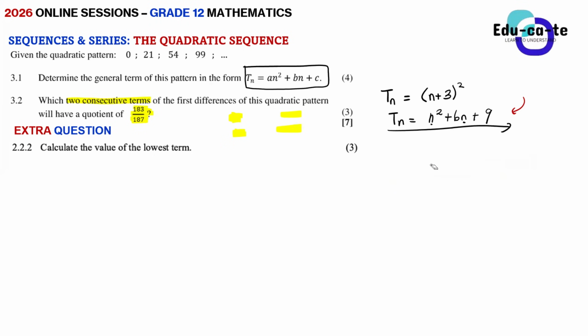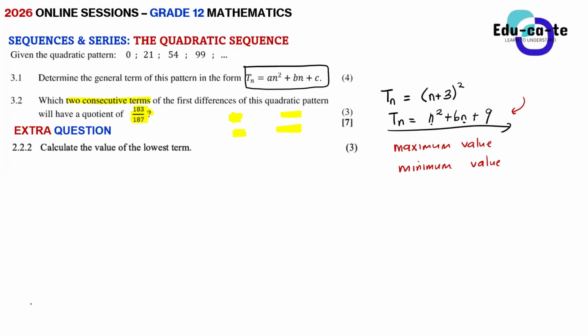When we are talking about a quadratic number pattern, it can have either one of two values. It can have a maximum value, or the highest value, or it can have a minimum value. Actually, these quadratic equations, you can plot them on a graph, and that graph will become a quadratic function, which is a parabola. We are still going to do functions later on.